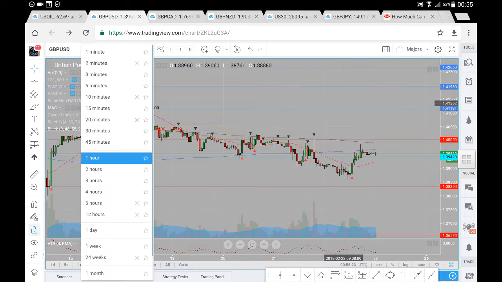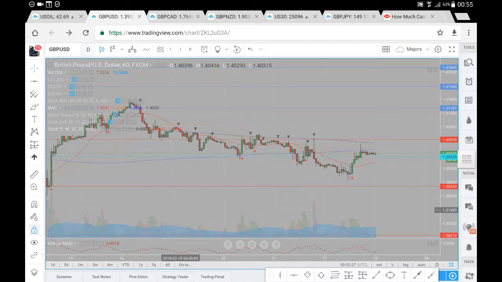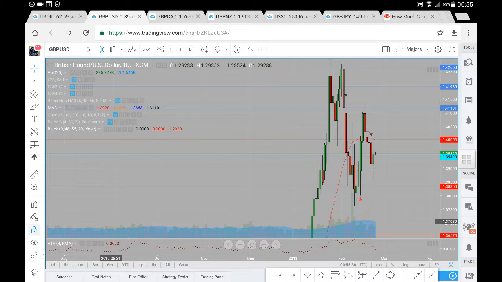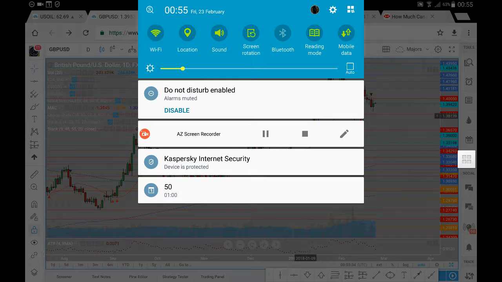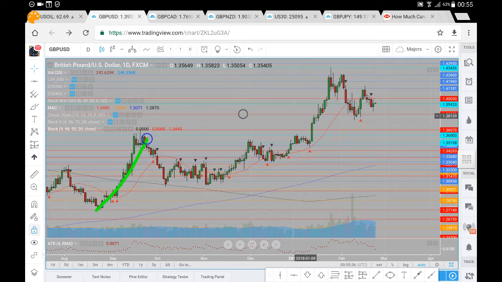Now if we just have a quick look at the daily time frame, let's just see the daily time frame here, and get the scale on here correct. What we can see on this daily time frame is we've had this move upwards, a period of consolidation, break above, consolidation, pullback, break above as well. Now we've come into an area where we have found some resistance more recently in around the